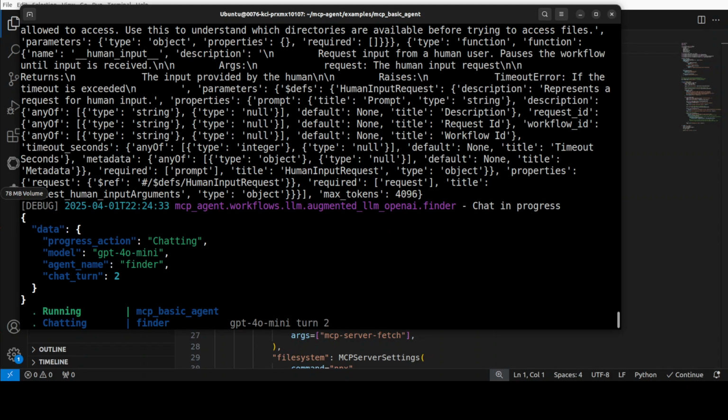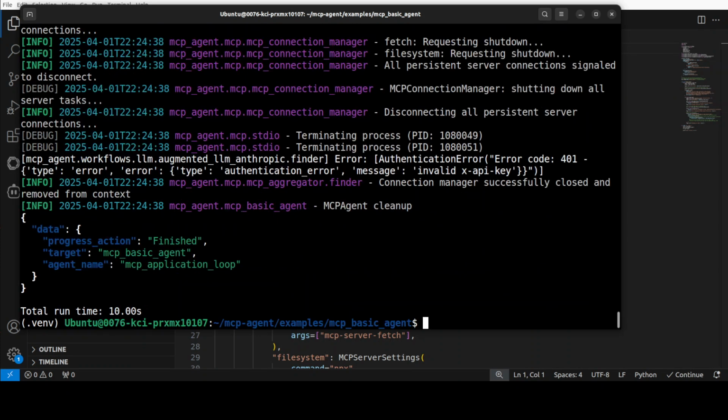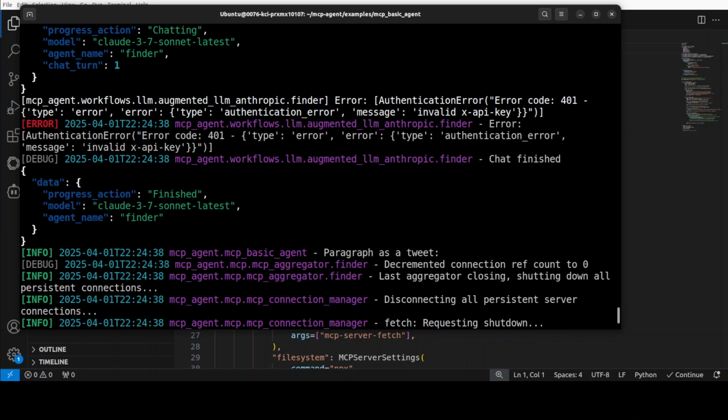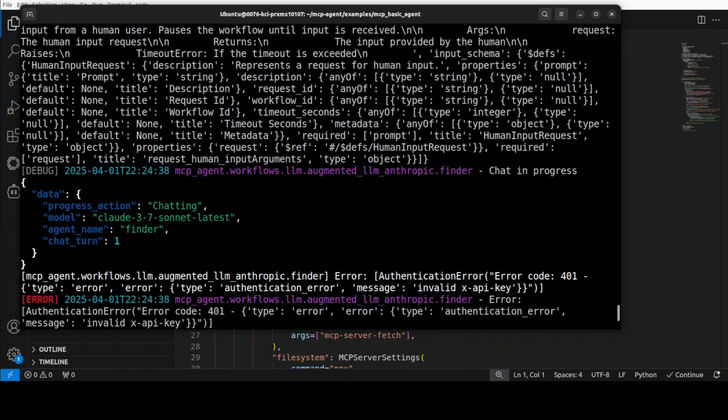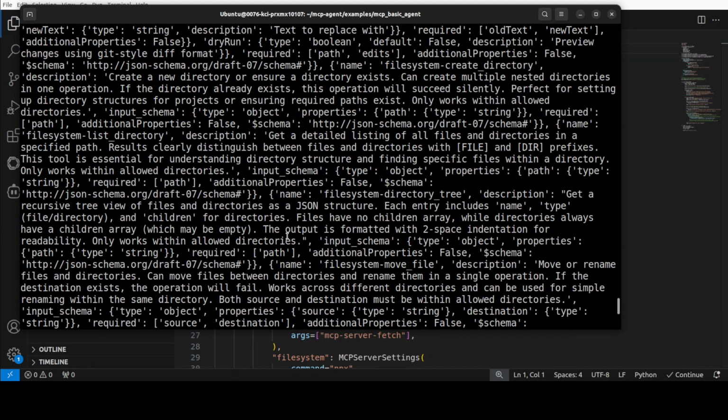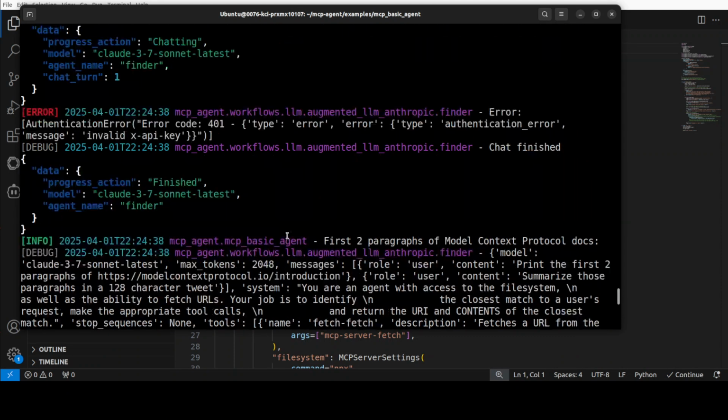You see it is running that MCP basic agent. It is chatting. The finder agent is working with each other. And then, sorry, if I just go up and show you, there you go. Because it is using the Anthropic one here, let me also put in that key. But other than that, if I quickly take you up and show you the flow, this is where it is